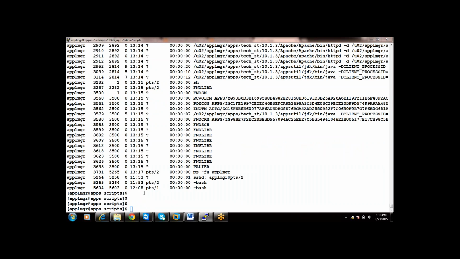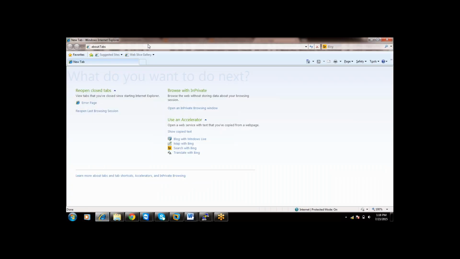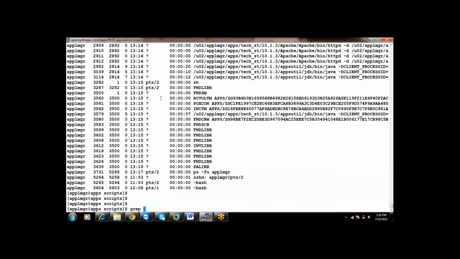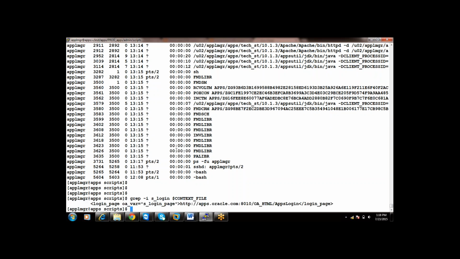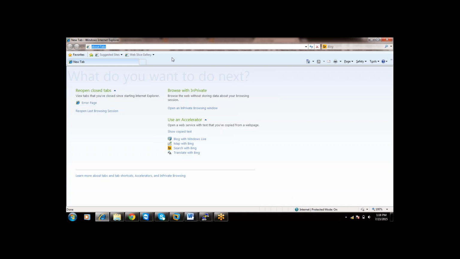So the applications have started, right? I'll take you to it and give the URL. How to get the URL? Grep i test underscore login from the dollar context underscore file. Paste.